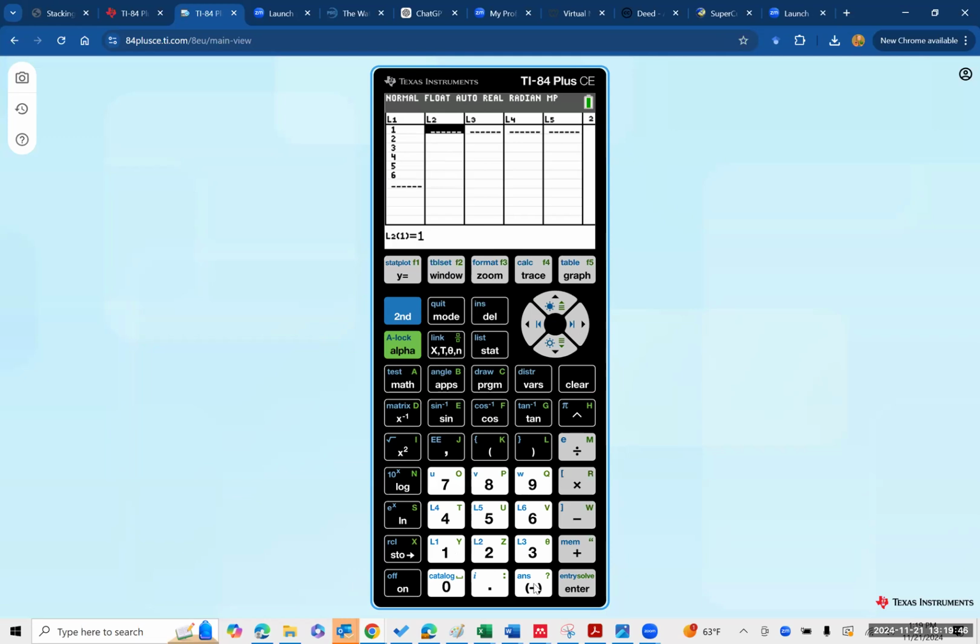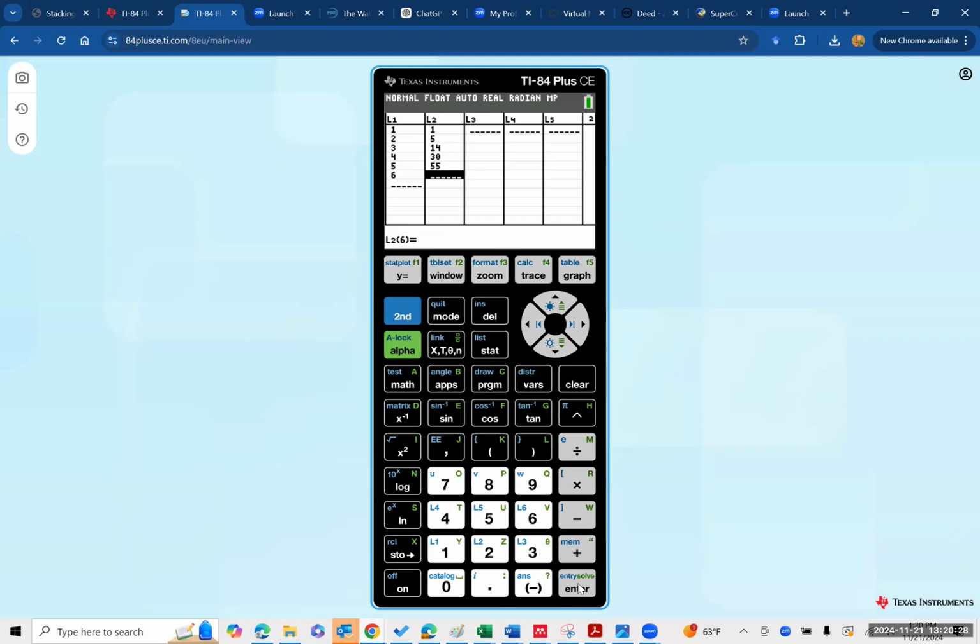And then when you have one layer, it's just one brick. When you have two layers, it's the 2 by 2 plus the 1. In other words, 4 plus 1, which is 5. Then it's the 3 by 3, which is 9, plus the previous 5, so this is going to be 14. Then it's the 4 by 4, which is 16, plus the previous 14. That's 30. And then it's the 5 by 5, which is 25, plus the previous 30. That's 55. And then the next one is 6 by 6, which is 36,